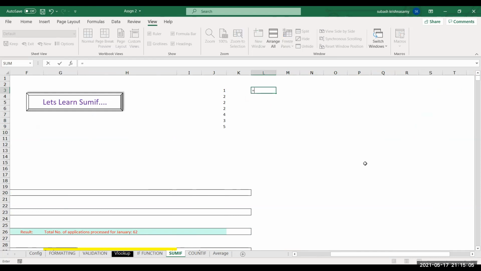So I can say equals COUNTIF. First of all, you select the range, then comma, and in double quotes you write greater than 3 as the condition. You get 4 and 5, two numbers greater than 3, so you get the output as 2. So you can use the operators inside that condition this way also.